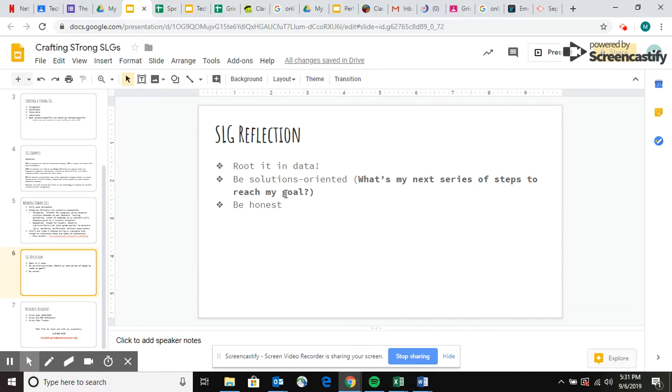So if my kids did not hit the mark for typing, why is it that they're not? Is it because they're getting distracted? They're not coming in quickly enough to the classroom and starting on their typing due now? Is it because the websites I'm using aren't good? Is it because they're not getting enough time or enough practice? Why is it? Try to be solutions oriented and solve. And also be